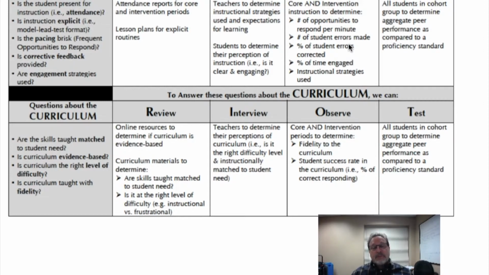Are there engagement strategies so that the student really is engaged in the instruction, et cetera? And then opportunities to test. There may be more diagnostic testing that would occur that looks more deeply into student skills.